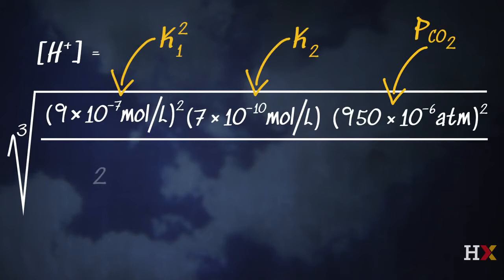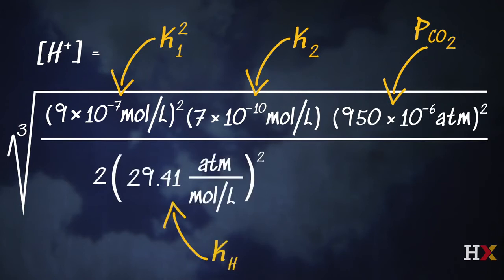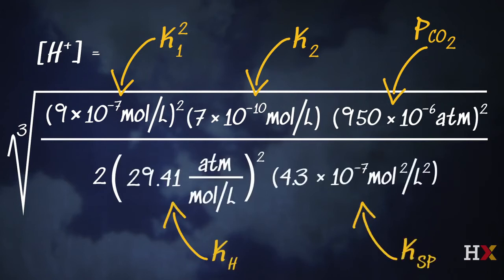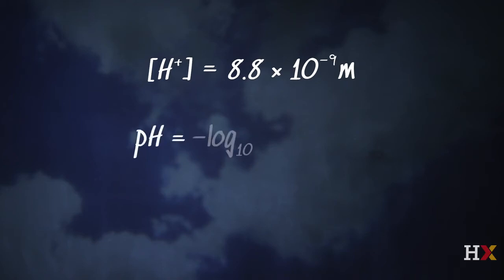So then we have 2 times the square of the Henry's law constant times the solubility product, the equilibrium for calcium carbonate going to the calcium cation. So when we solve for this, we have that the H+ concentration is equal to 8.8 times 10 to the minus 9 molar. Aha, so this allows us then to calculate pH immediately because it's minus log to the base 10 of the H+ concentration, and that turns out to give us a value of